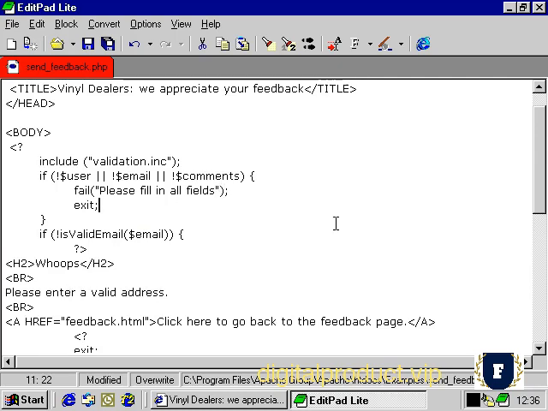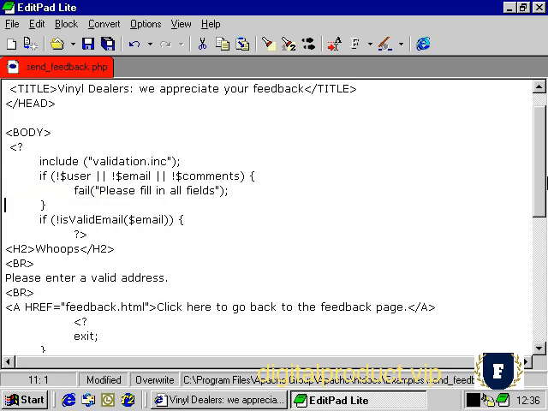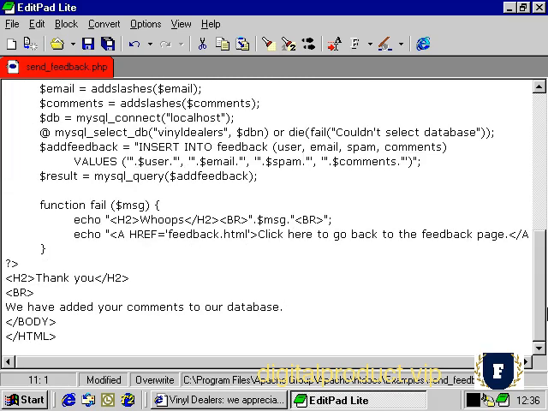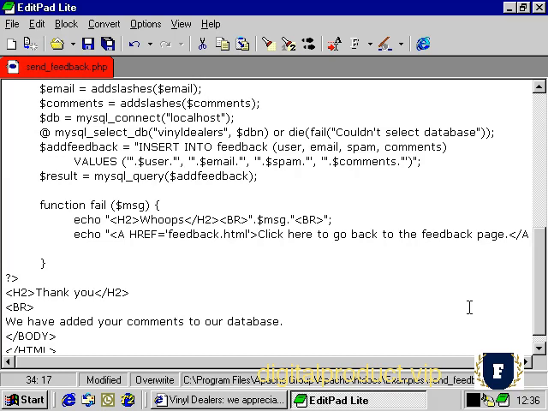And since every time we use our fail, we're also going to want to exit the script, we could also enter that exit as part of our fail function, which is not going to be used when we use it as part of our die command,